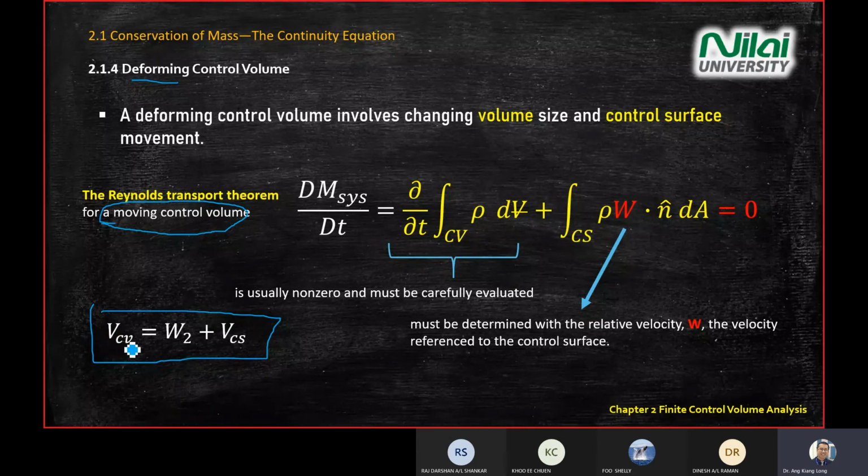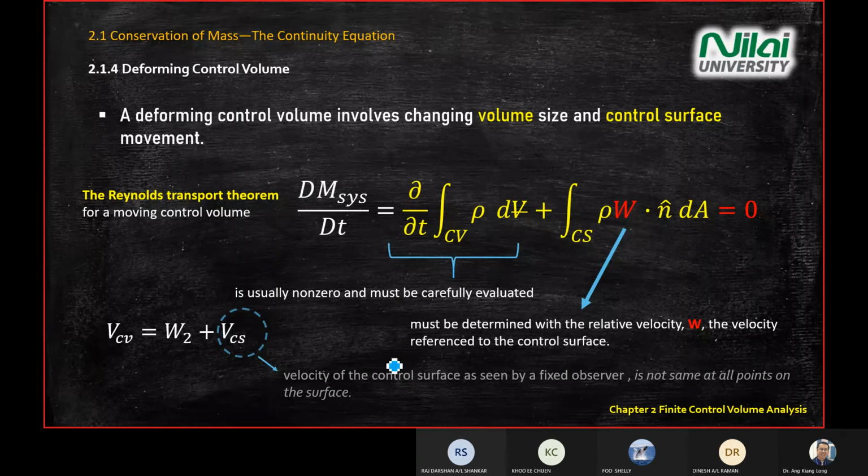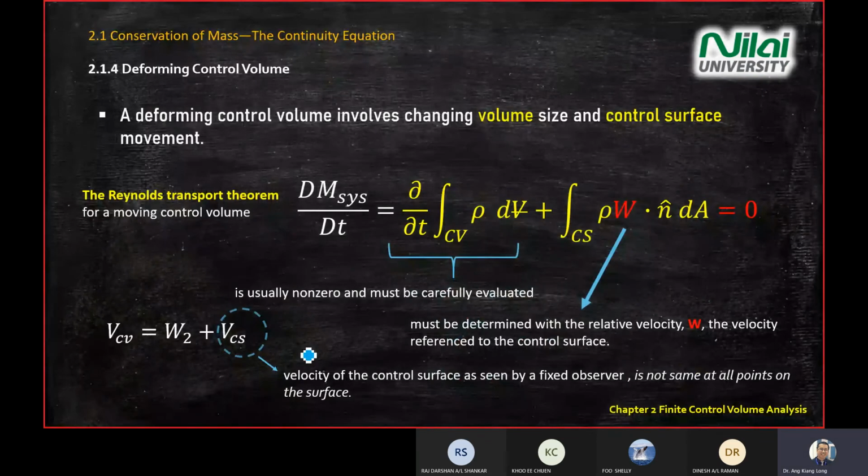You can see that the CV equal to W2 plus the control surface's velocity. Okay, CV equal to W2 plus the CS. What is W2? W2 normally refers to outlet. So this is just some highlight notes for what is happening on the screen here. Okay. All right, let's look at the